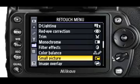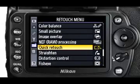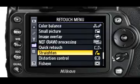Small Picture creates smaller versions of your pictures for easy emailing or posting on a website. Image Overlay merges a pair of selected RAW files to create a new composite image. Quick Retouch creates a modified image with enhanced saturation and contrast. Straighten allows you to level